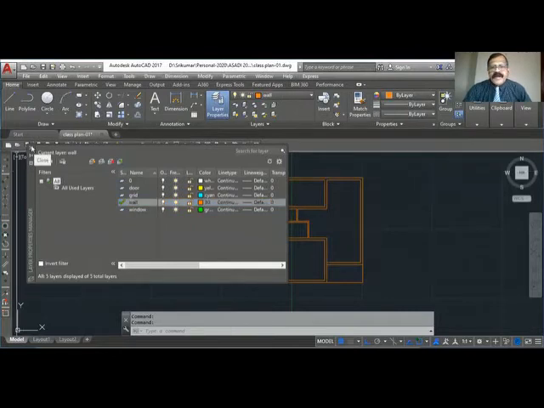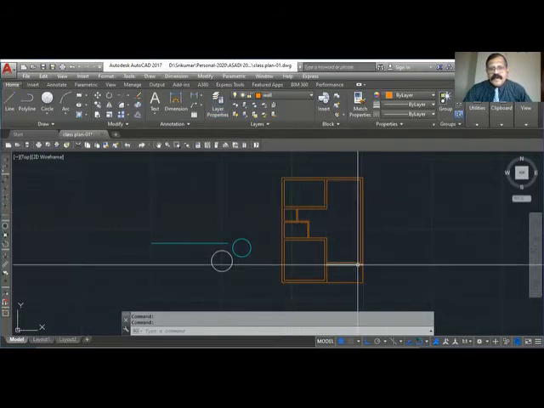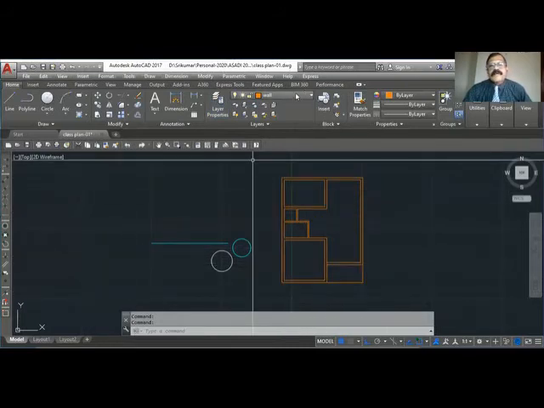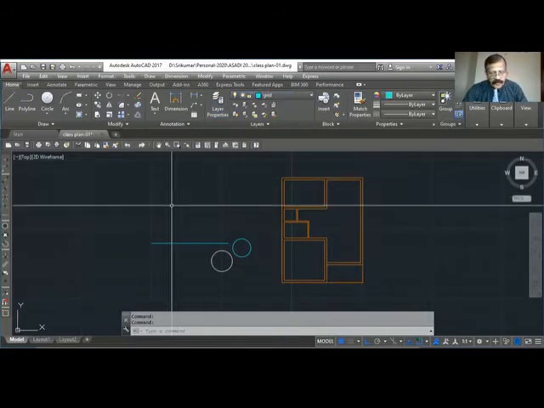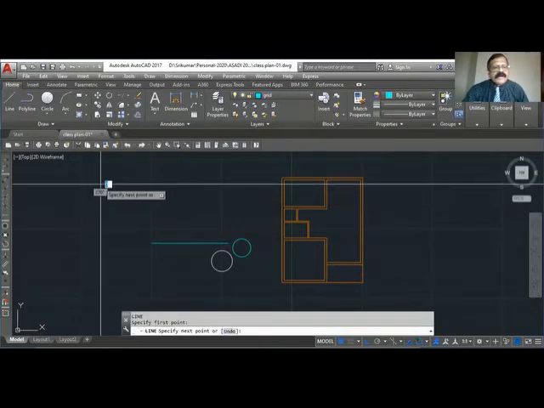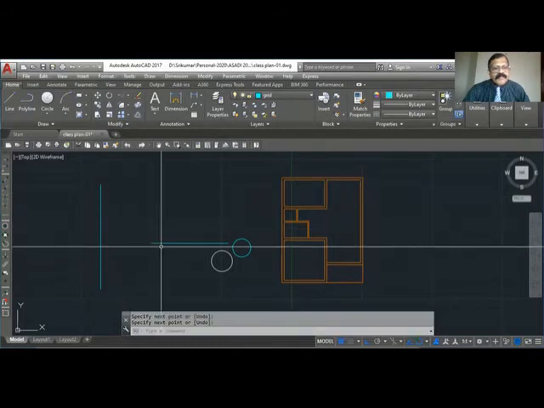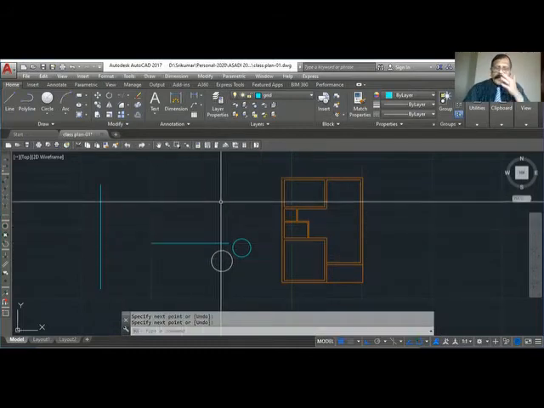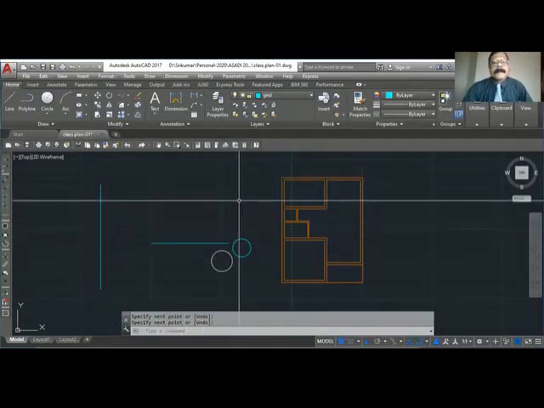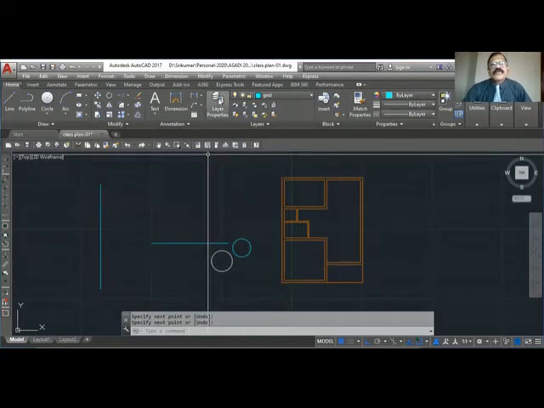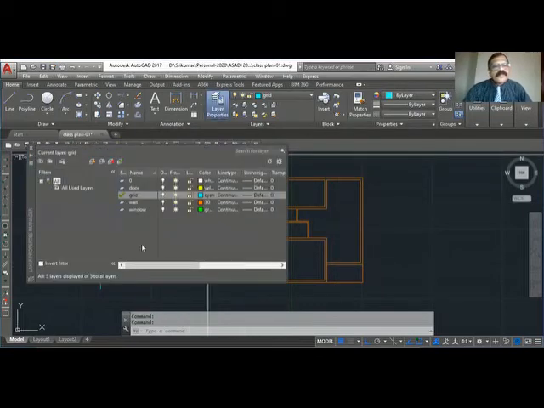Okay. Now our next thing is if we want to draw grid. But if you go to grid line and draw a line, you are getting only the continuous line. We want center line type. So how will you do that? The method is you go to layer. So this grid layer, instead of continuous, I want center line. So I will click this line type.